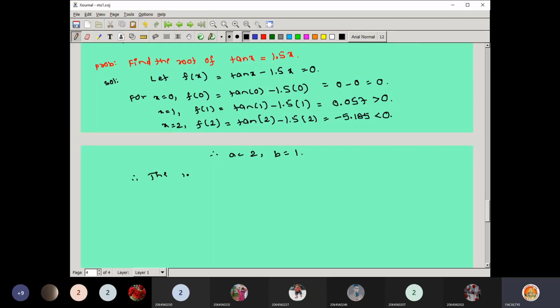Therefore the initial approximate root is x naught equal to a plus b by 2. So a means 2, b value 1, divided by 2, 3 by 2 means it is 1.5. The first one is over. Now the next approximate roots are given by